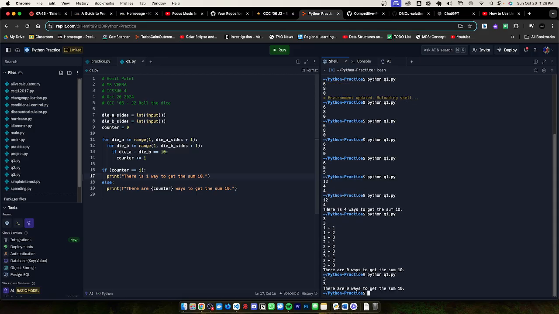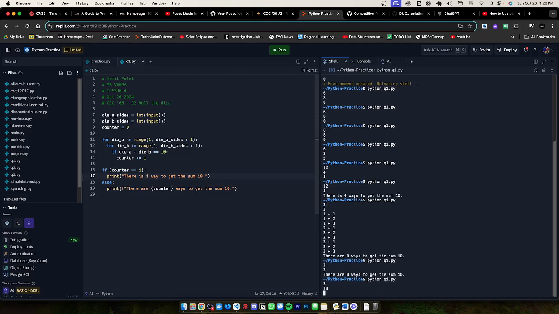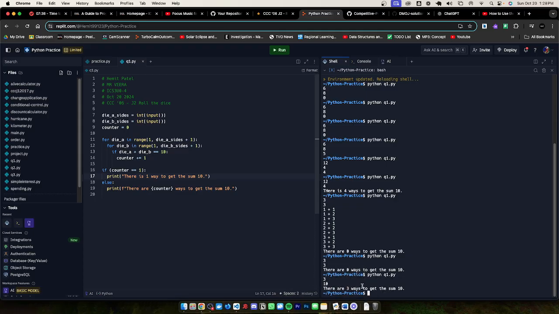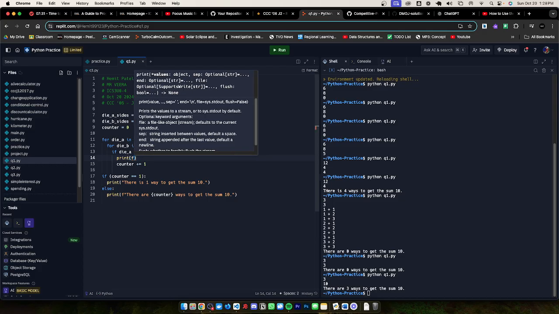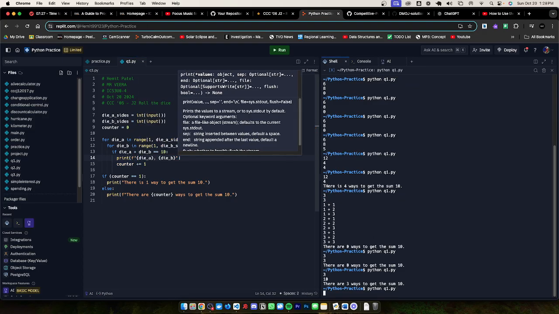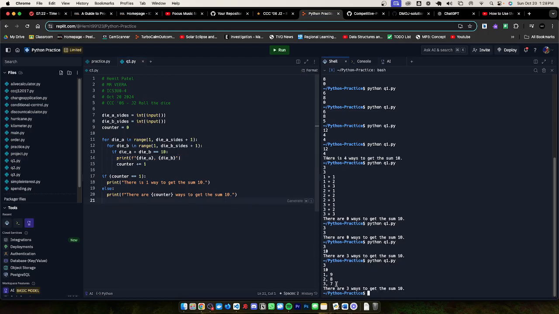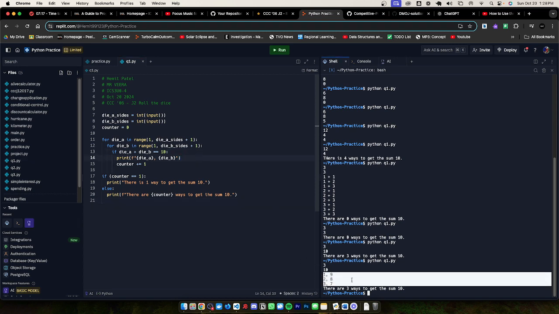So 3, 3. It's going to say 0, obviously, because in the range of 3 for both, there's no way that you can get 0. But if I put 3 and 10, there are going to be ways, right? Like 3 ways. And if we actually look here, let me do this again. So 3, 10. So if we look here, you can see that these are the specific ways, right? So if you look here, 3 plus 7,